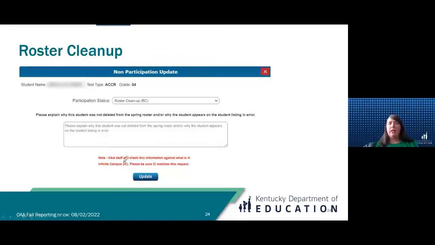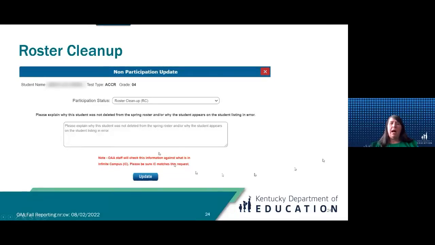And like I said, a note is we always go back to Infinite Campus. So any changes that you make during your student listings, we will also go back to Infinite Campus and make sure that it reflects it there. So it's always important that those two things match.